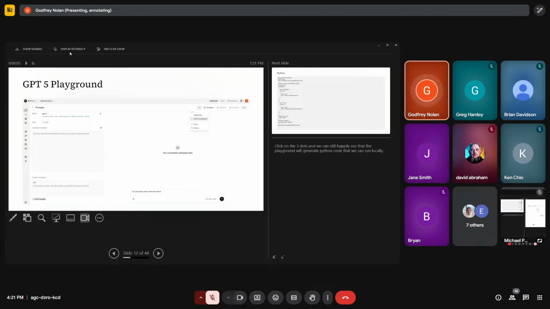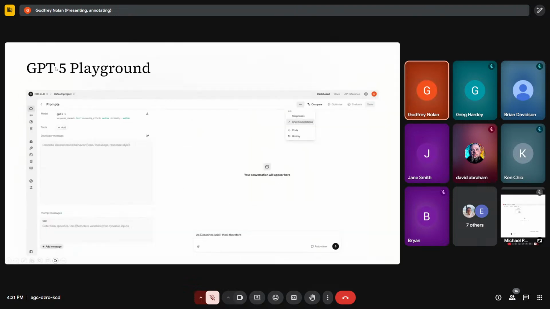where are we? I need to change this again. I don't know why it keeps doing this. So we click on the 3 dots. We just looked at that, and then we have this choice where we can do code. We can see the history of whatever it is that our chats were, but this other thing as well where